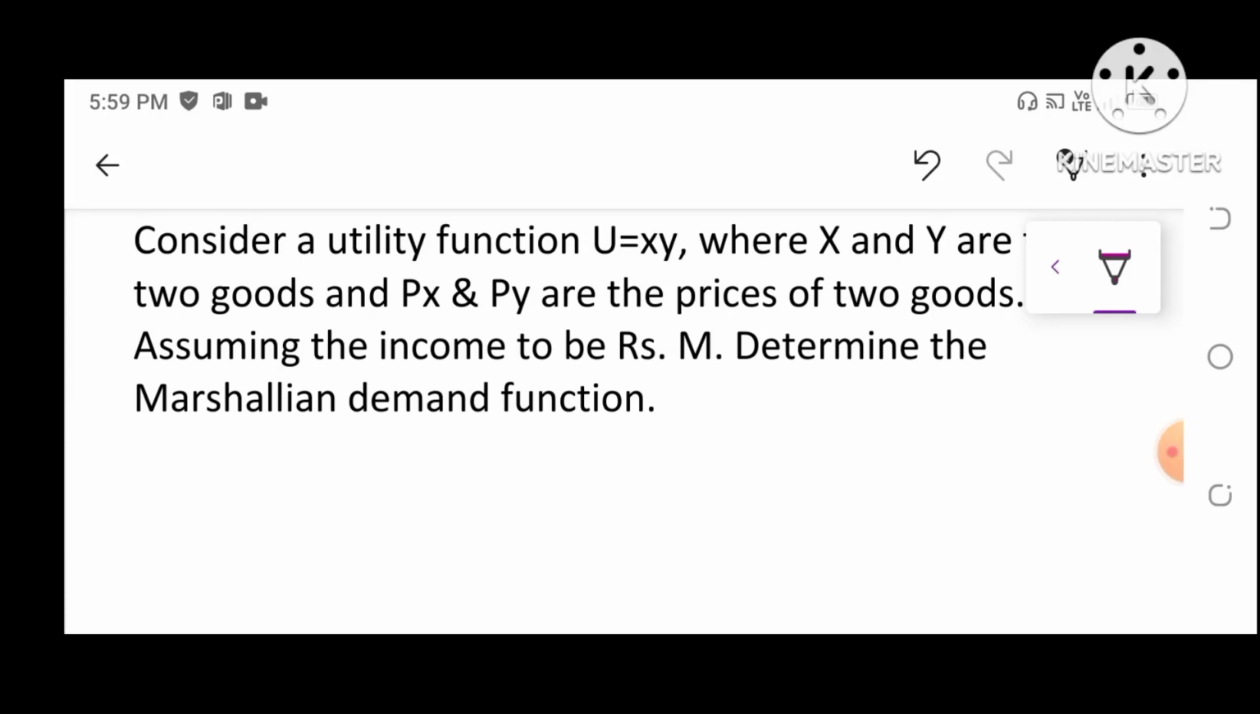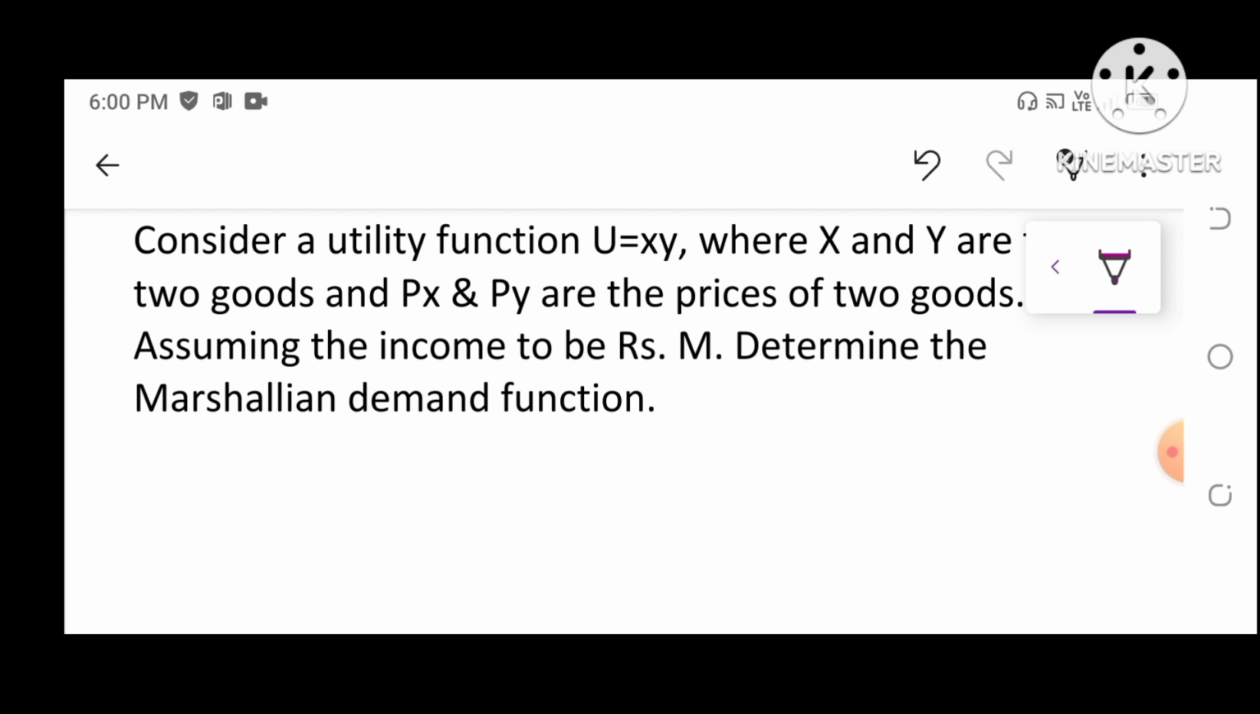Hi everyone, we have got a microeconomics question today where we have been asked to consider a utility function for these two goods x and y, and from that utility function we are asked to find the Marshallian demand function for both good x and good y. So basically what Marshallian demand is, we ask ourselves how do we maximize our total benefit or total utility for